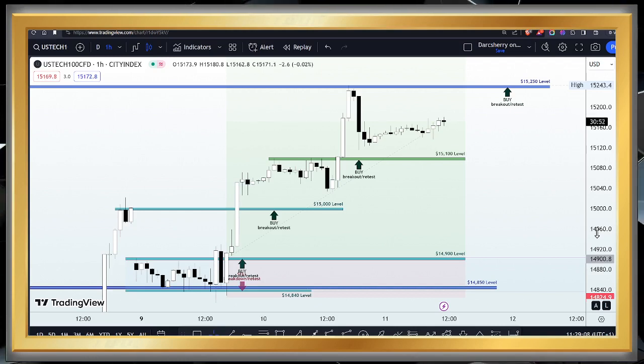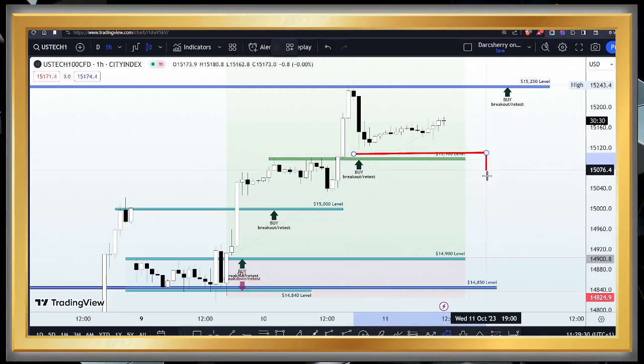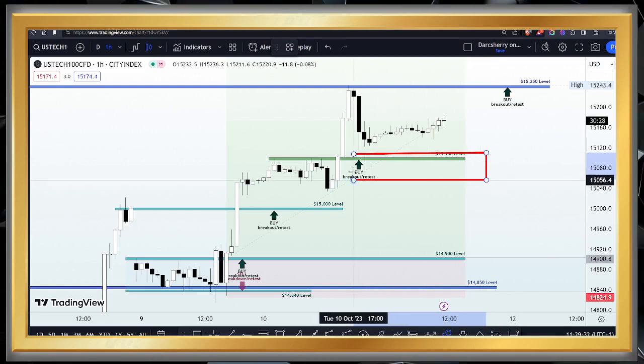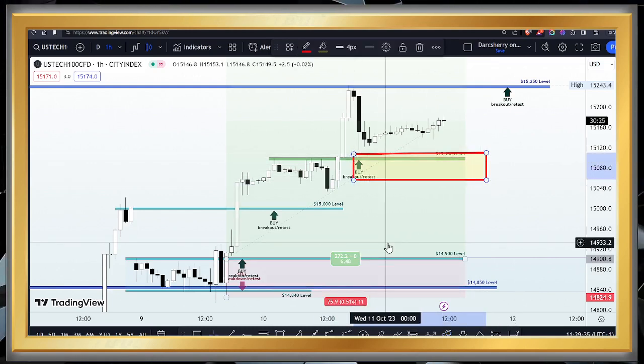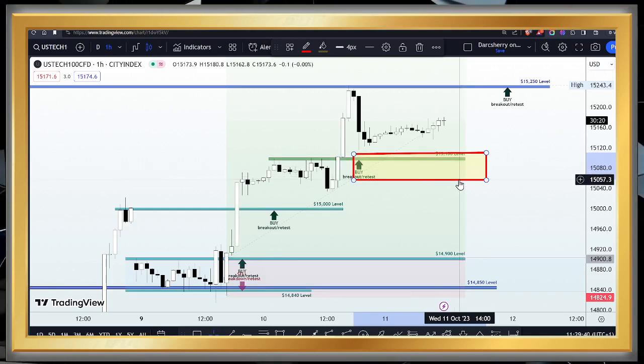Now, the next thing we are going to be doing right now is to move our stop losses. As you all know, when price action moves significantly well in our favor, we do want to be moving our stop losses to secure the current position. And from the way things are looking at this point in time, I will be suggesting that the zone around that entry point is going to be where we will be moving our stop losses to. That's between the 15,100 and the $15,050 area. Let's move our stop loss to anywhere here.